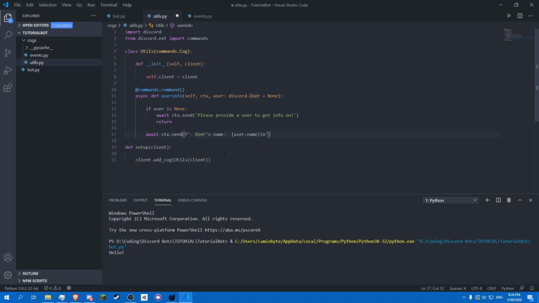So to escape that, we will use a slash. It should go blue if you're using Atom One Dark theme, or just a different color to your string. Then what we will do is we will do user's ID, and we will do user.id. We'll do another line break, and we'll do user's discriminator, or just discrim for short,